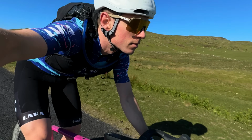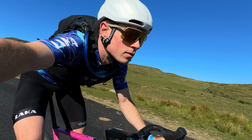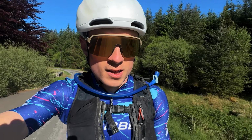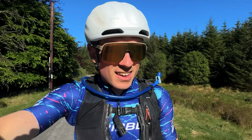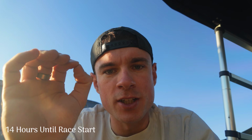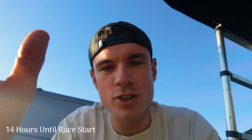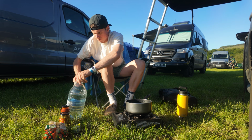But yeah, we're just on the road section of the course now, about 17k into the route. I'm going to head back down into the race village and hopefully have a shower and just rest up ahead of tomorrow. So just got back from my shakeout ride. In the end, it ended up being around 30 kilometers, so just over an hour's worth of riding, which was really nice just to spin the legs out after such a long drive. Come back to the campsite, had a shower, and now tucking in to dinner, which